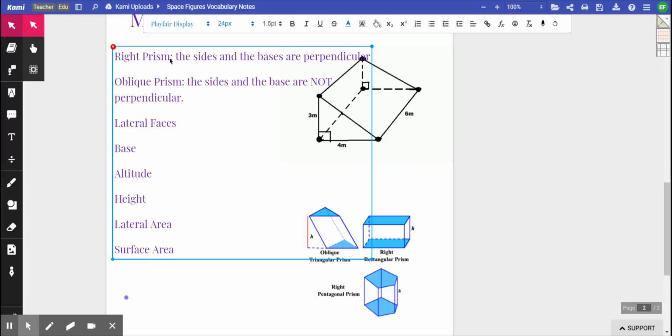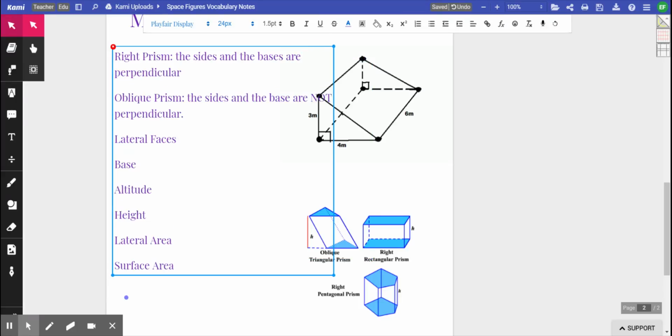Lateral faces. So the lateral faces are the faces that go around the base of the shape. That doesn't probably make any sense, right? So